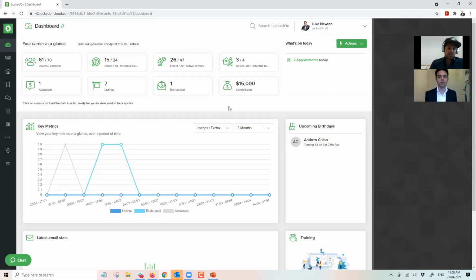Beautiful. So during that intro, I mentioned we're going to be showing you the journey leading up to the open home. And in Locked On, we're really progressing and moving forward in the world of what we call triggers, which is automation. So what we want to do today is start the journey with a buyer. The starting point of this is where a buyer comes into your office, either from an inquiry. Now, we capture a lot of inquiries from most of your main portals, so REA, Domain,